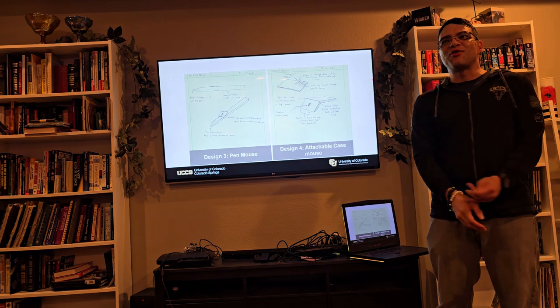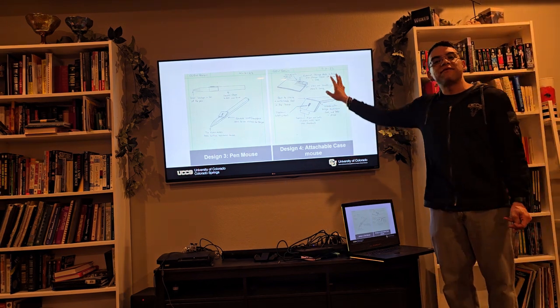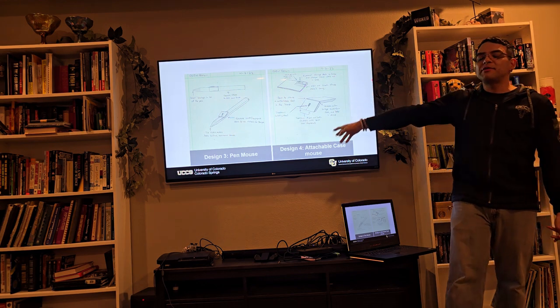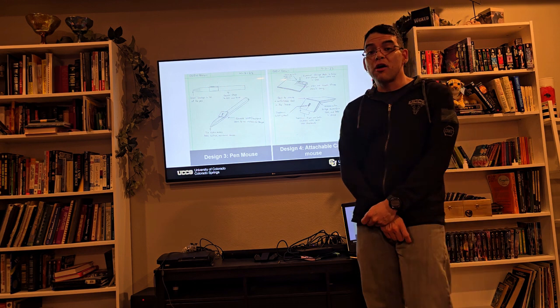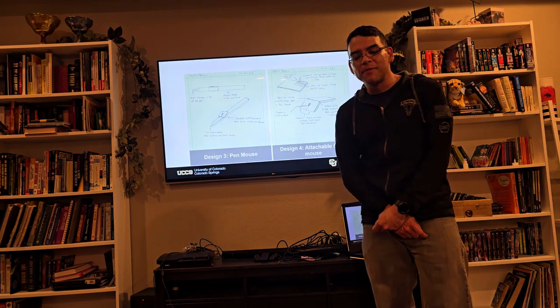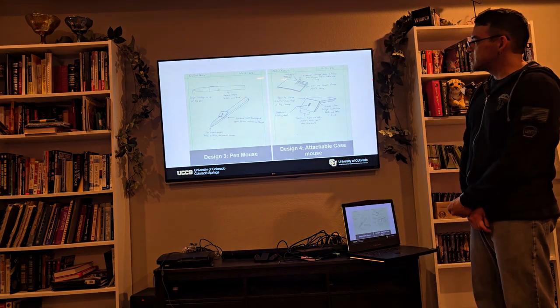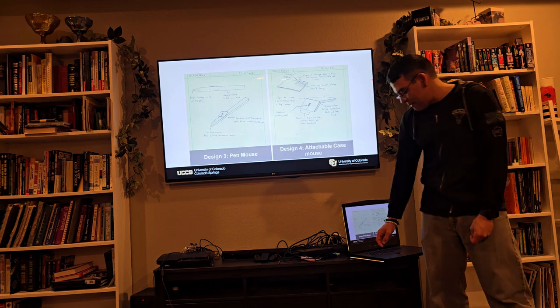So it's like you're writing and controlling a mouse at the same time. And then this one is kind of cool because it would actually adhere to the case of your laptop, or to the external side of your laptop, where it's able to charge. So it's a design that would be more integrated into a laptop. And then it's removable, chargeable, foldable, and has all of the nice qualities that you like in a mouse that you